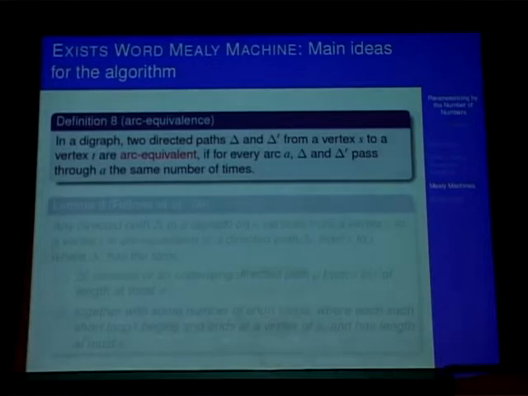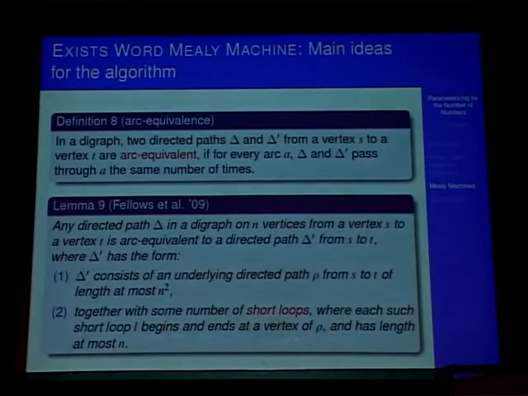And we say that given a digraph, two paths are arc equivalent if for each arc, they pass through it the same number of times. So this means for us that a given letter is written the same number of times. And then there's a result that any directed path can be replaced by another directed path, which is arc equivalent to the first one, such that the length is at most n squared, where n is the number of vertices, and